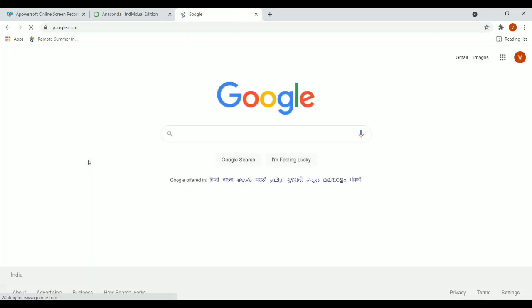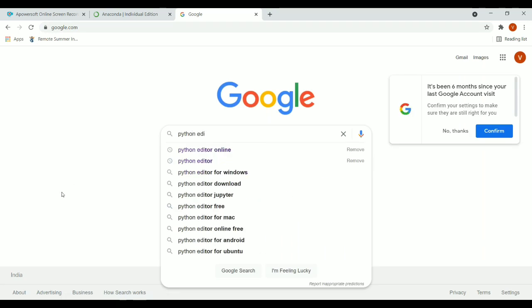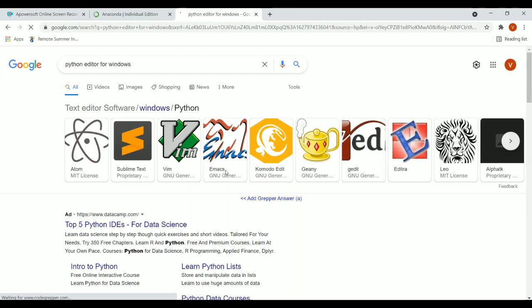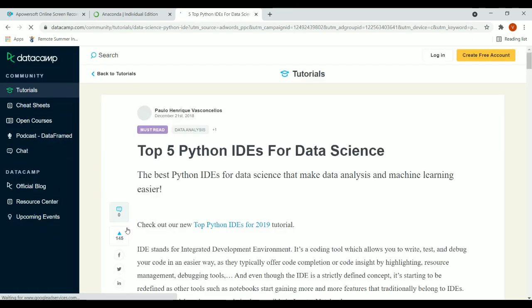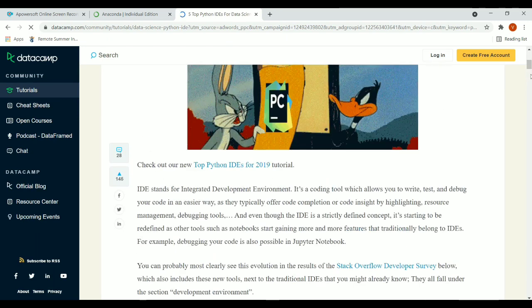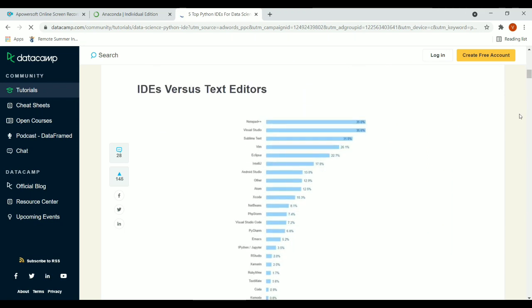Multiple Python-based editors are available, such as Jupyter Notebook, which is one of the editors used widely, but mostly the editors that are used for Python are PyCharm or Jupyter Notebook. But if you want to integrate with multiple sources, Jupyter Notebook is the best way.